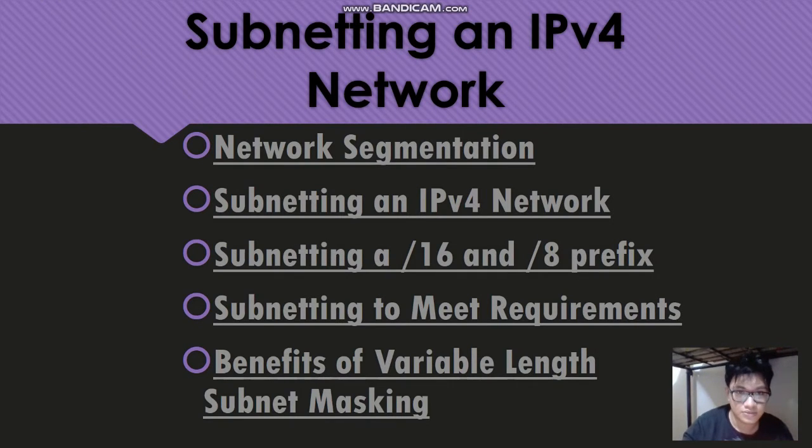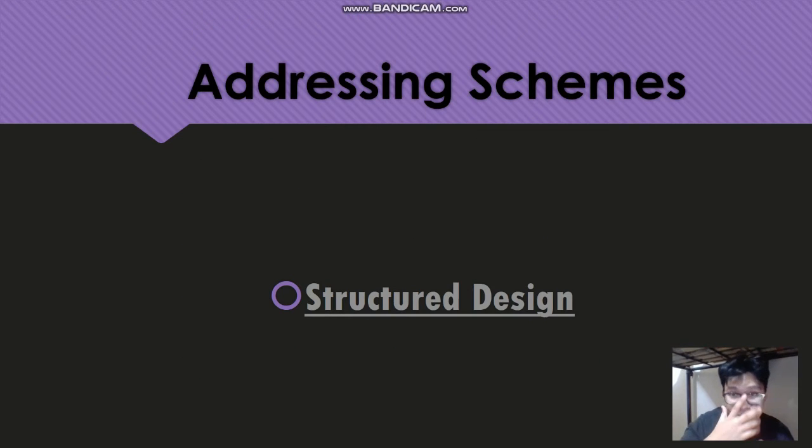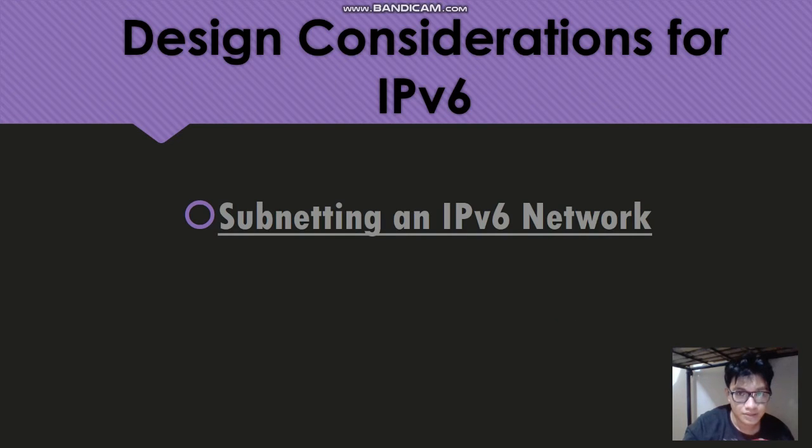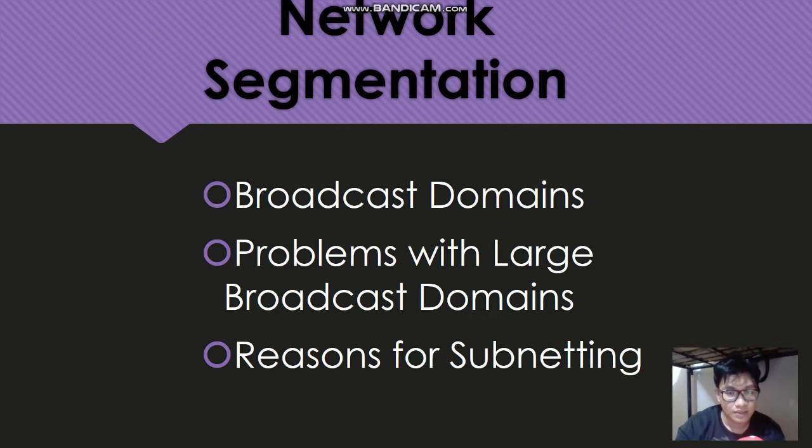Chapter 8 consists of subnetting an IPv4 network, and that consists of network segmentation, subnetting an IPv4 network, subnetting a /16 and /8 prefix, subnetting to meet requirements, benefits of variable length subnet masking, addressing schemes, structure design, and design considerations for IPv6, consisting of subnetting an IPv6 network. Network segmentation,